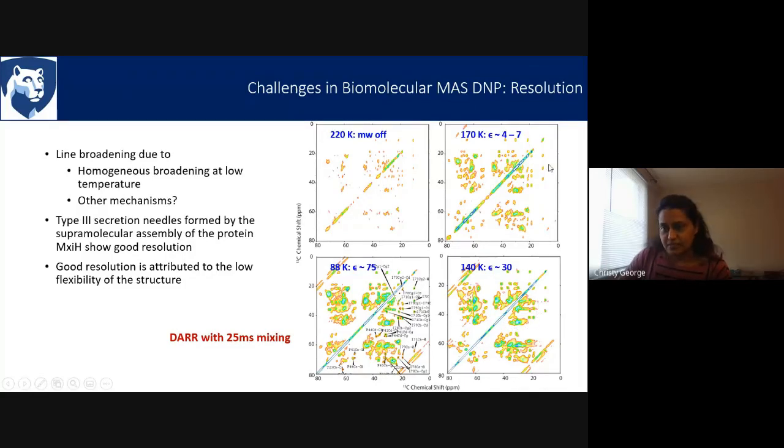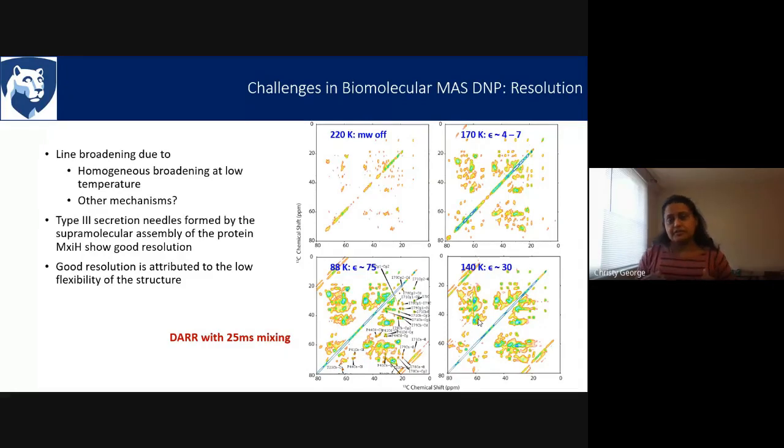Those peaks which are far away from the others can be easily identified, but for those which are closer here, many peaks can be clearly seen separately, whereas in the DNP enhanced spectrum, all of them become so broad that the resolution is lost and it is difficult to identify the amino acids from a DNP spectrum. Now, this particular spectrum is one of the best resolved spectra that we could achieve. So you can imagine what the situation will be with other kinds of proteins.